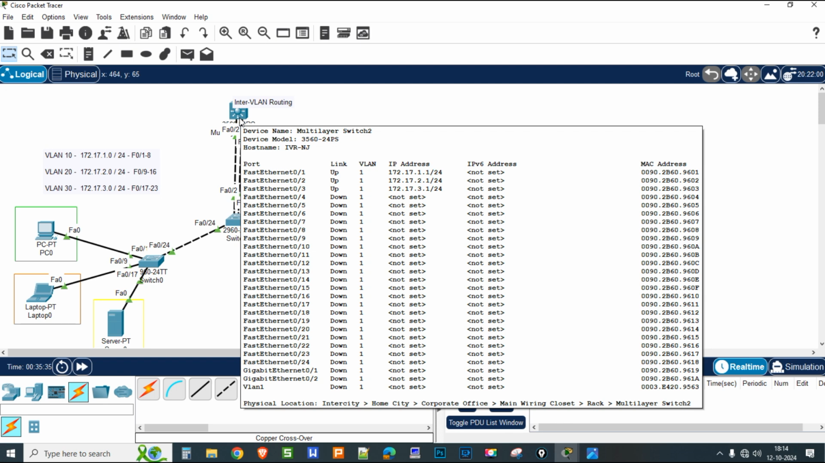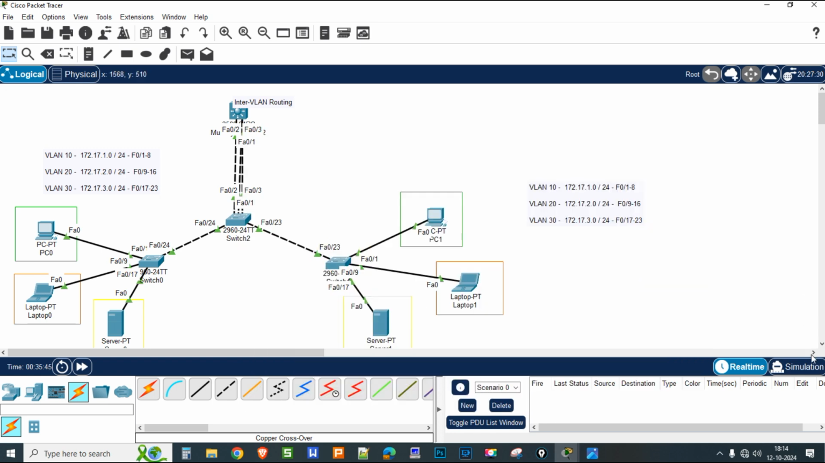F0/1, 172.17.1.1, fast Ethernet 0/2, 172.17.2.1, 0/3, 172.17.3.1. Simulation mode is there. It takes time to execute the packet. Go to real time, and you can see the packet between the different VLAN communication. VLAN 10 to 20. So this is the first time communication. It will fail. Again you can see it shows success. The first time will be